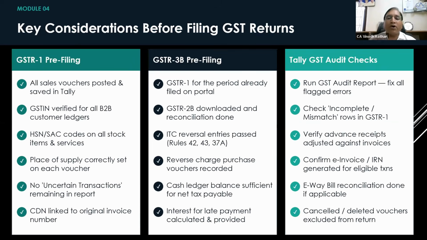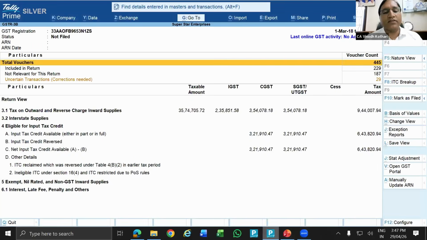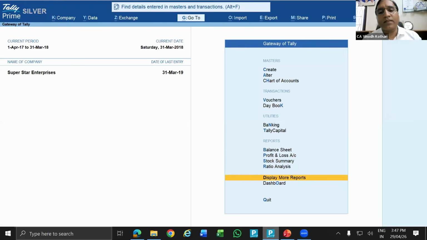So these are certain pointers which you need to take care of before filing the GST returns: that all the sales vouchers are posted and saved in Tally, and GSTN is to be verified for B2B. See, Tally will not verify. One more mistake, I'll tell you, which a few accountants make. This I have found in a few cases. See, what happens is,